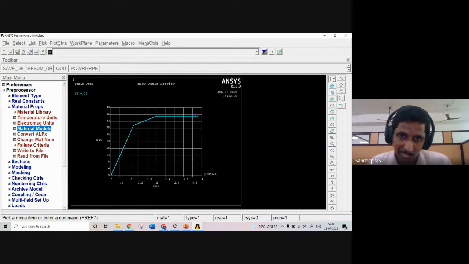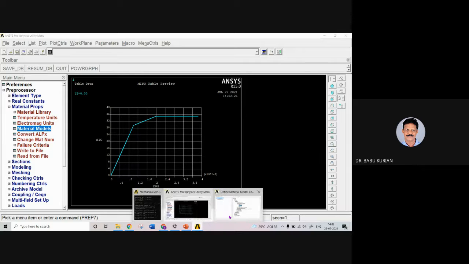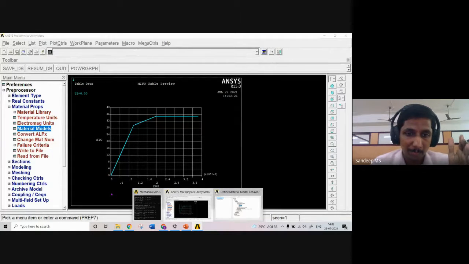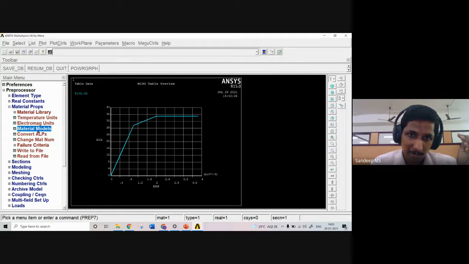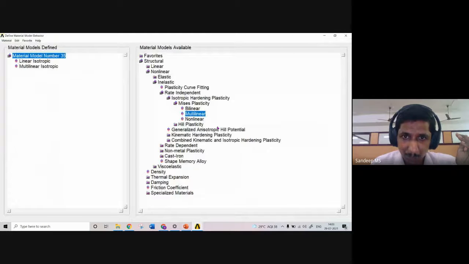I hope now it is clear to you, sir. Yes, now it is clear. If we give more values, it will be more accurate. It will be more accurate, but the problem is that this is finally conducting a nonlinear analysis based on iterative methods. So when you take this option, isotropic hardening plasticity, it will be difficult to get convergence easily. You will get the convergence, but sometimes there can be some sort of problem.